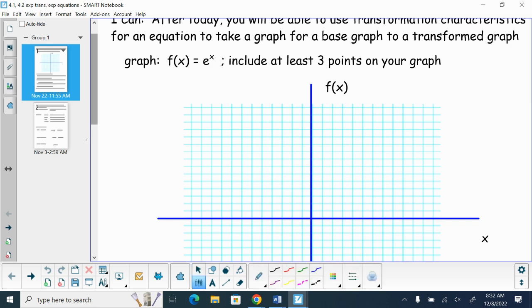Well, the easiest way to put some values in here is, if x is equal to 0, x is equal to 1, x is equal to 2, what is your y value going to be? So you can quickly punch in your calculator, e to a power. Now, if you take a look at your ln button, that will get you an exponential. E